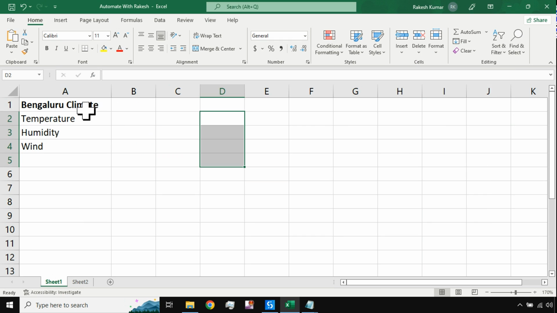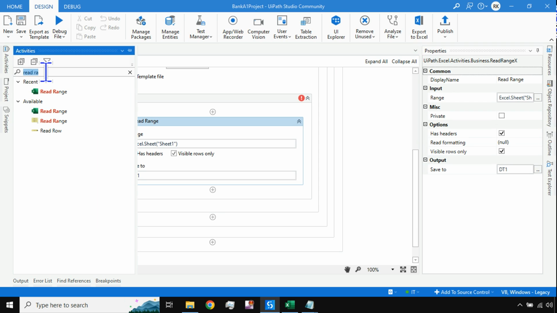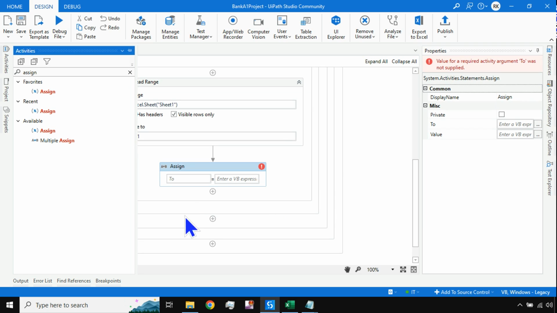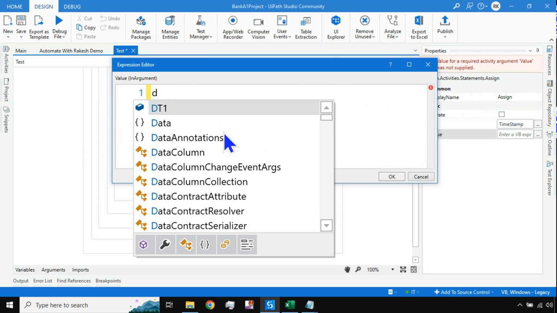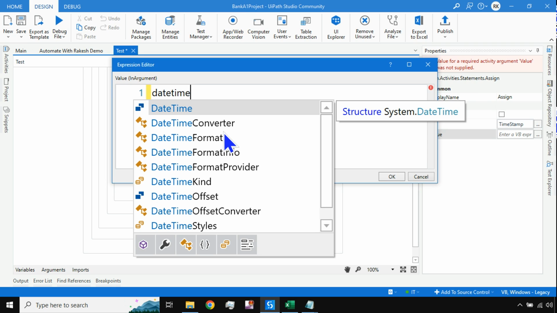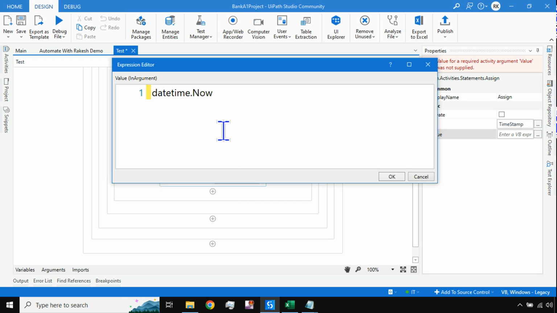Next thing we need is a timestamp, which should create a column as per the timestamp, at what time you are capturing that value. To create a timestamp, all I need is an Assign activity. Drag and drop the Assign activity, and here let's create a variable called timestamp. This will be a string type variable, and here let's write the syntax. In the previous video I taught this DateTime. Now if you write .ToString,